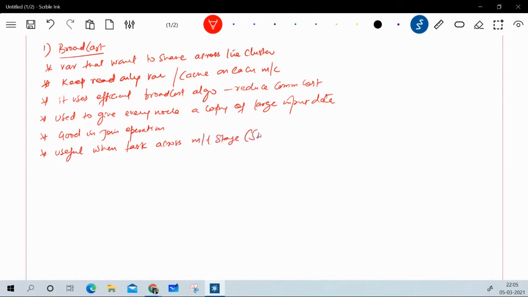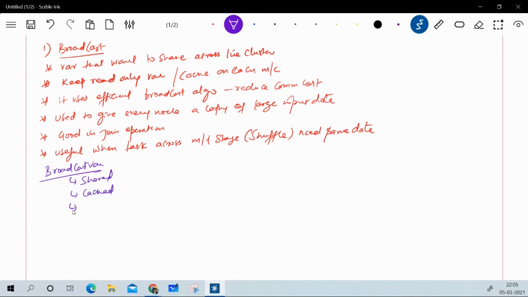When I say multiple stages, I mean to say shuffle. It is very, very effective when the tasks across the multiple stages need the same data. Then it is very, very efficient. So in total, we can say that this broadcast variable is a shared variable. It is cached, and a very interesting thing, it is a low level API.